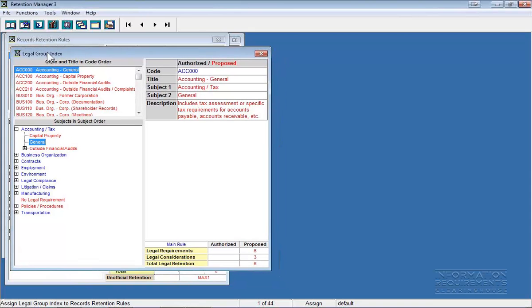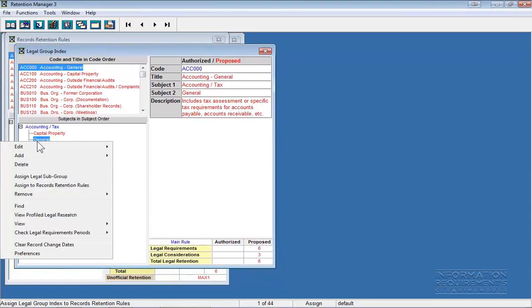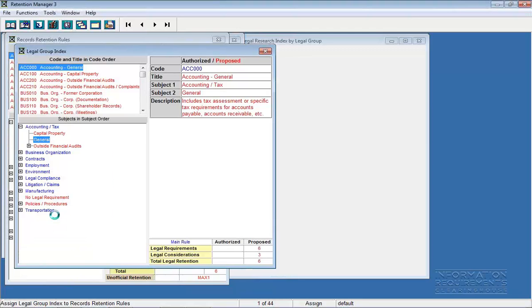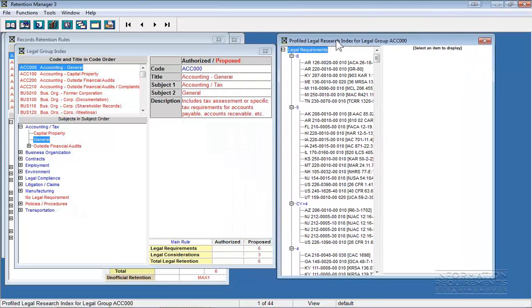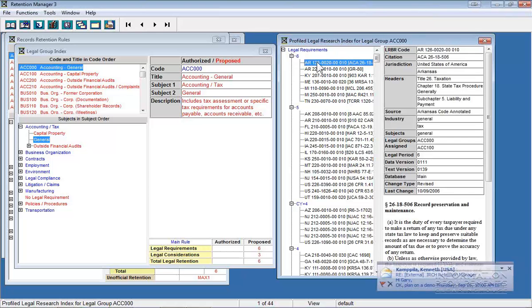So what I'm going to do now is show you what legal research has been put into this group, and then you'll have a much better idea, I hope, of how this works. So here is all the legal research that was put into this legal group. The longest legal requirement period, where the law states a specific requirement, was 6. There are other laws that say 5. You obviously are not interested in all the jurisdictions within the United States, but that's what I'm showing in the demonstration. Once you click on one of these laws,